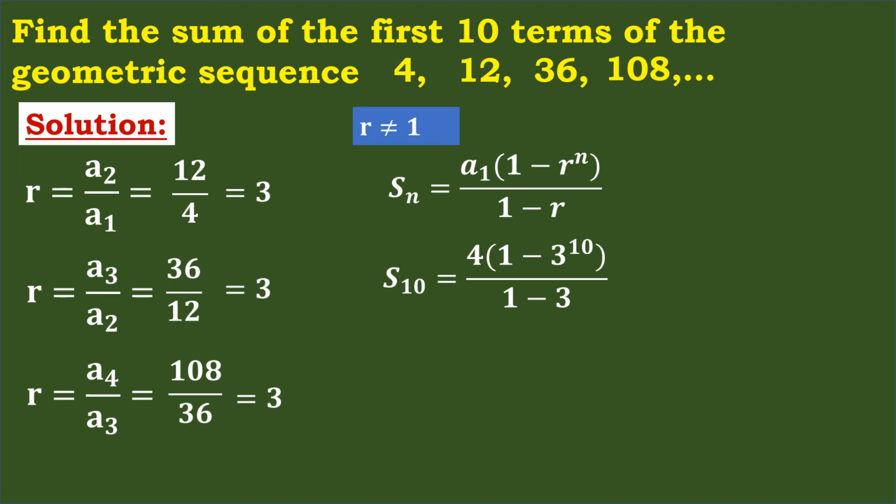Paano makukuha yung 3 raised to the 10th power? Kung napanood nyo yung nakaraang video, tinuro ko na sa inyo how to get the number. Just, on your calculator, click 3, then click x to the y, click 10, then click equal, lalabas dyan ang